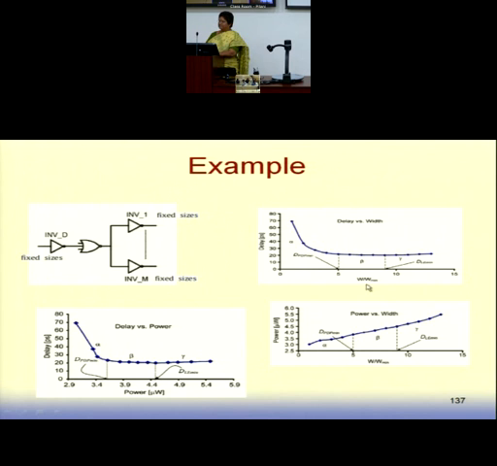So we get delay versus W, normalized width. This is what is expected. Delay graph, this is what you expect. With width, delay will go on reducing, and then further change in delay will be minimal. It will become nearly constant. This is what we expect. If you go by the logical effort model, this is the kind of graph you would be getting.